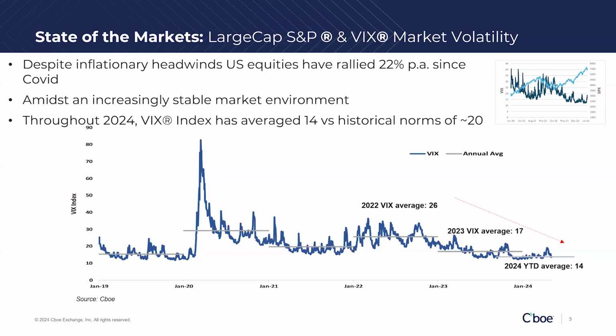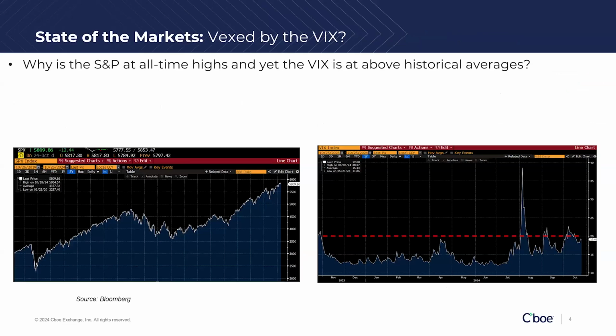All right. So a question that we've been dealing with for the last few months is that, okay, with the S&P at all-time highs, why was the VIX still relatively elevated? Up until yesterday, or actually up until today, VIX was consistently around 20 for the last 2 months or so. Okay.